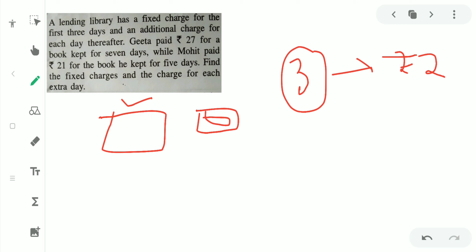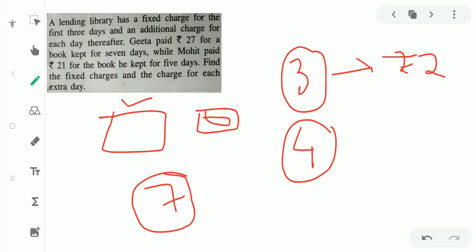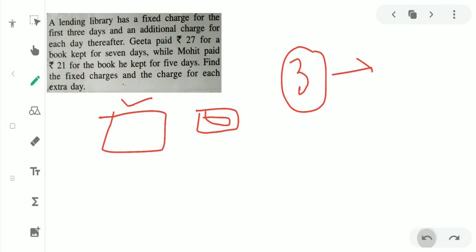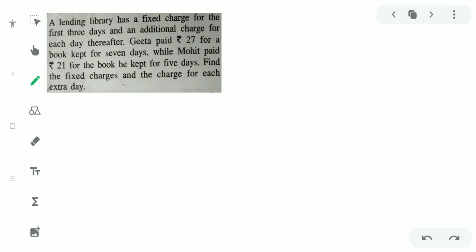From the 4th day, if he or she borrowed 7 days, then for the remaining 4 days, one day one charge we are having. So we need to find the fixed charges, that is for 3 days,